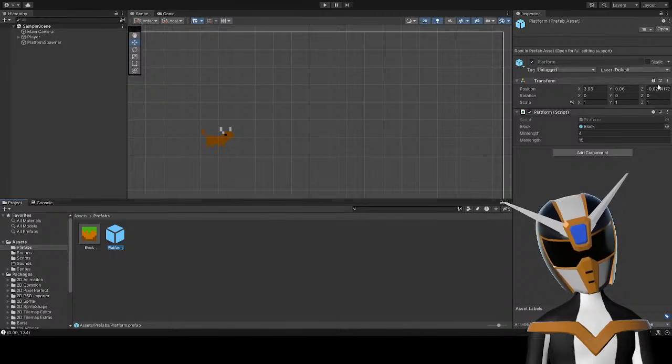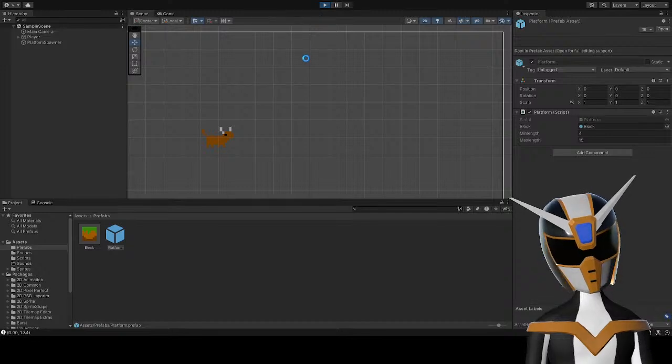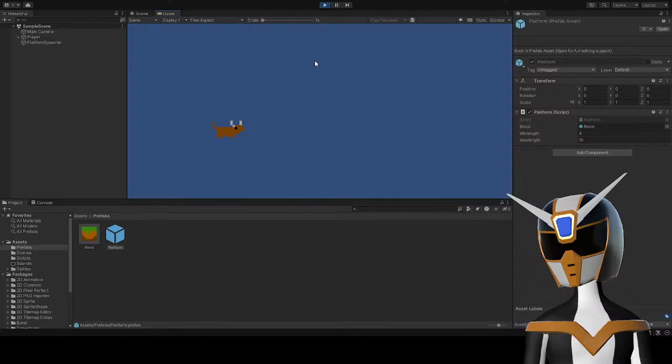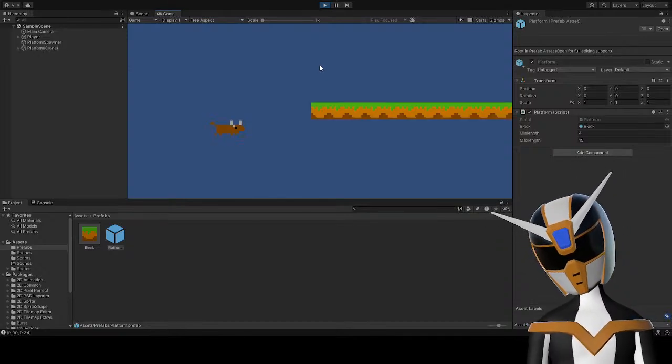Maybe if I reset this transform? Maybe that's it. Okay. I don't think that's it. If that is it, then I don't understand anything, apparently. I don't think it's working. No, it's not.